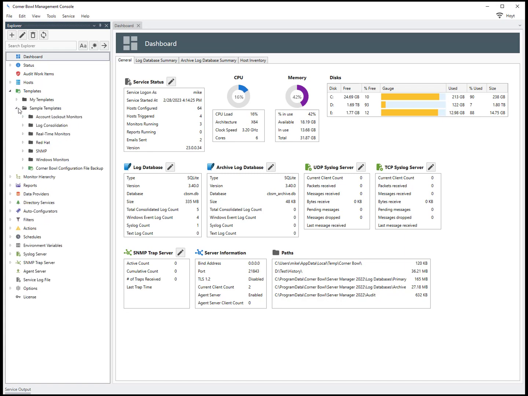Templates contain all of your configured monitors and tasks. Each template defines the functions and actions to execute. For example, the logs to download, the frequency to download them, filters to apply, and any notification and remediation actions to execute once complete. You will use this view to organize all of your templates, as well as use drag